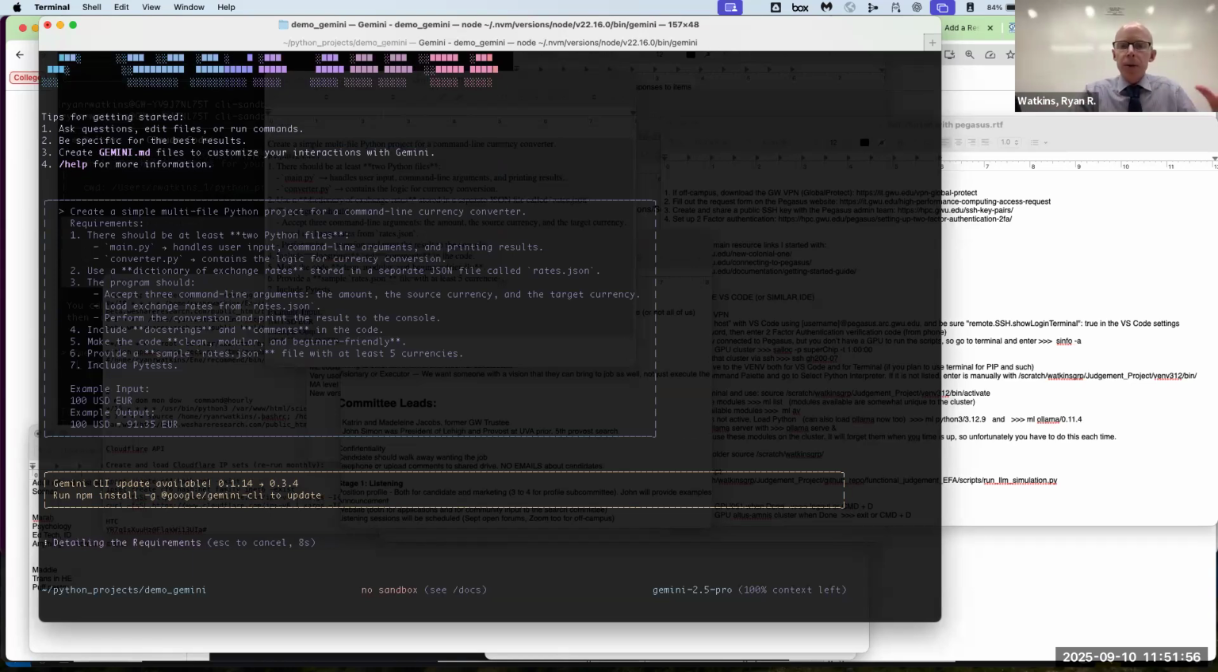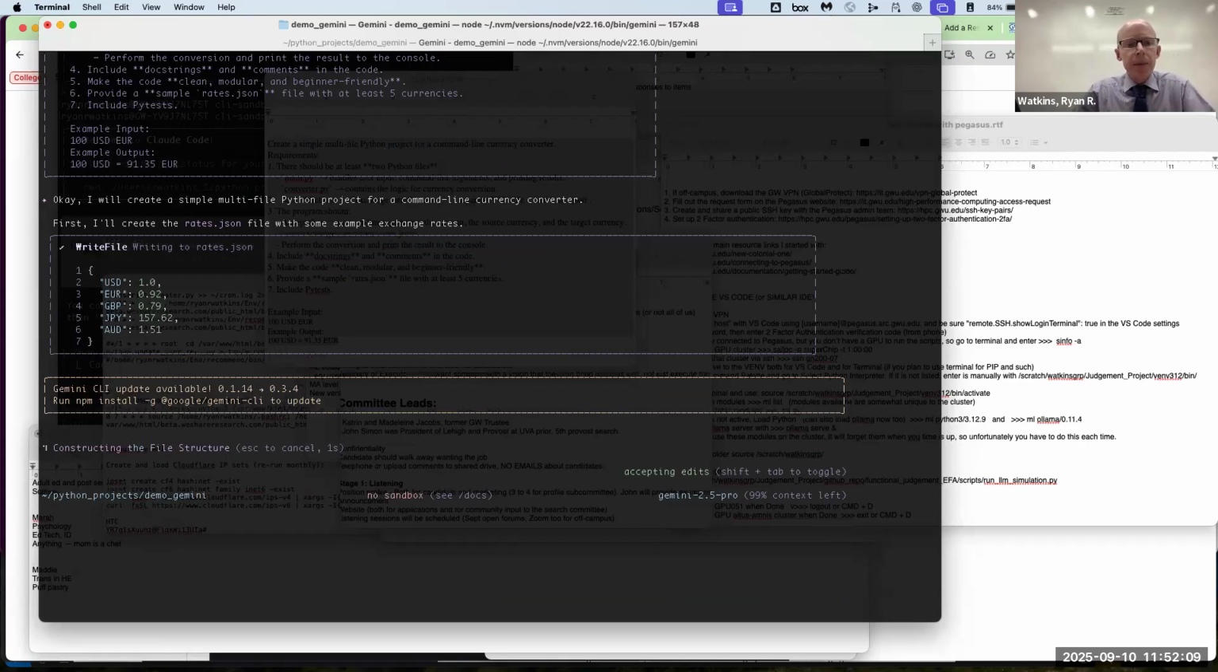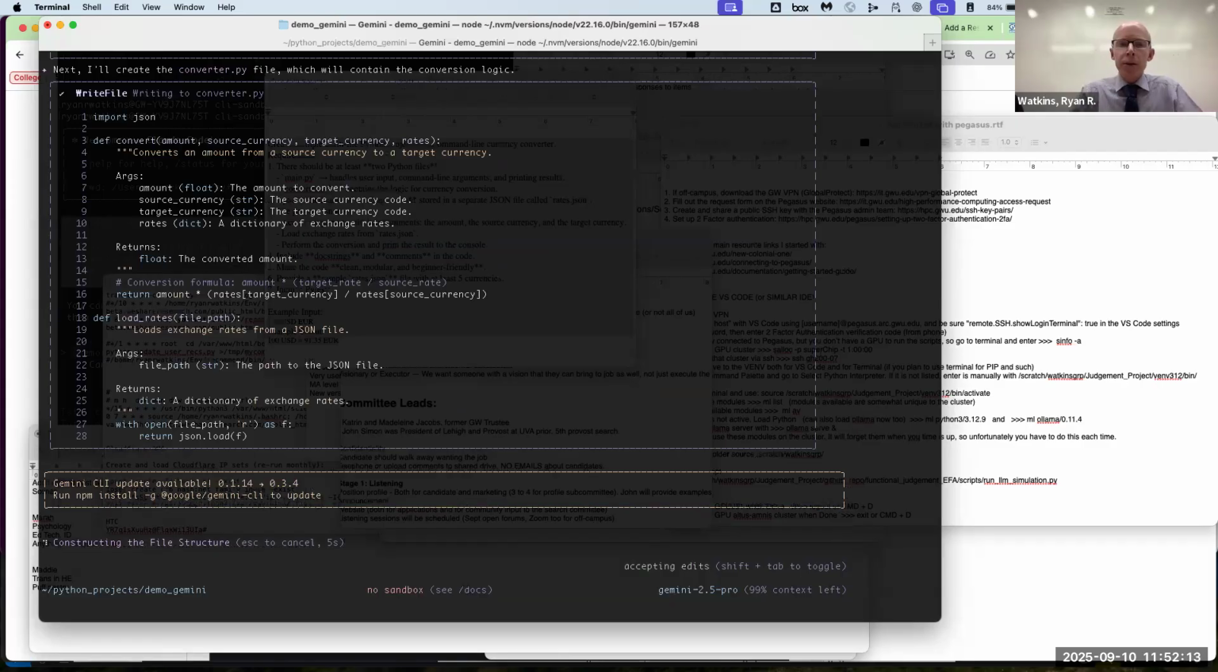So it's doing all the requirements and so forth. And it will ask me a lot of these questions. Like it wants to write to a JSON thing. And so I'll just tell it to always do that. So I'm actually not going to show as it runs because it's kind of boring and it'll ask me lots